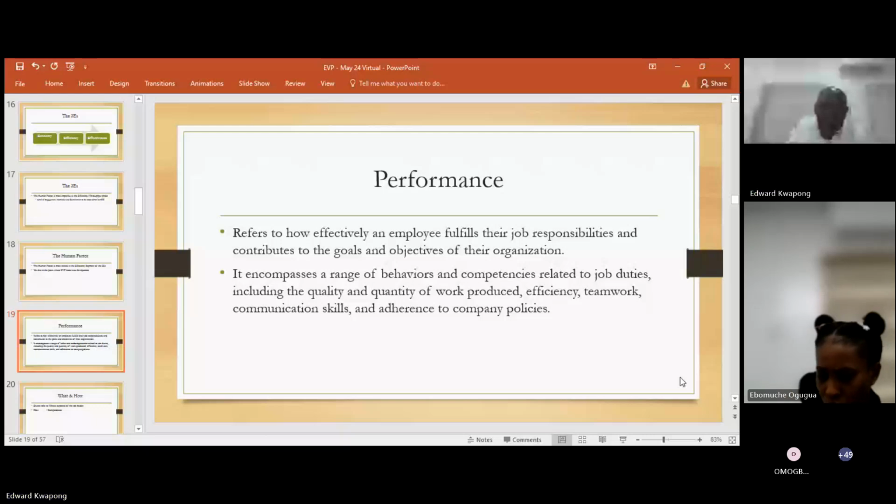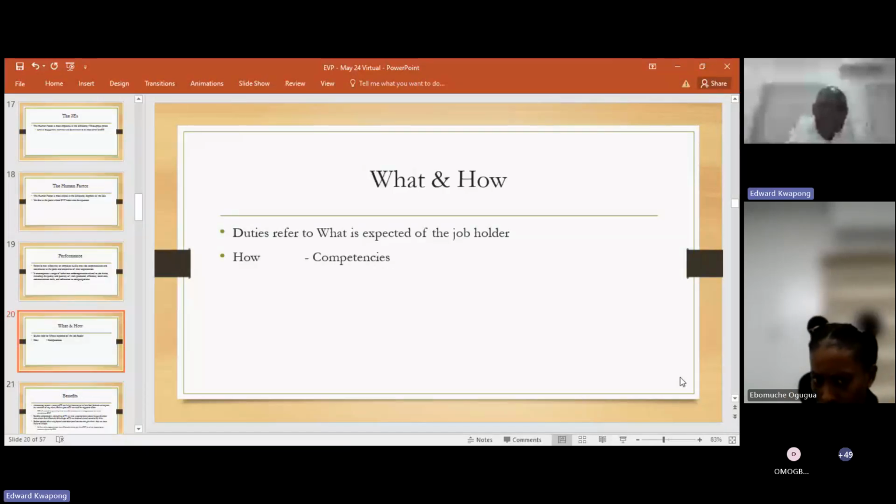Here, when you talk about duties in a job description, you are looking at what the job holder is expected to perform or deliver. And competencies refer to how the delivery is done. So when we answer the question how, we are looking at competencies. And when we talk about what, we are looking at the duties that have been defined in the job description. Right? They go together. The what and how move in tandem to deliver the mandate of the position that the